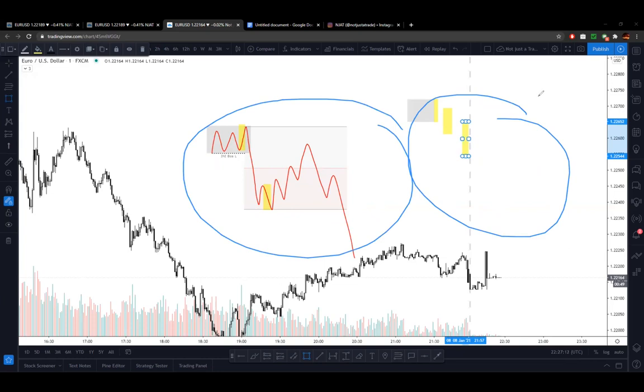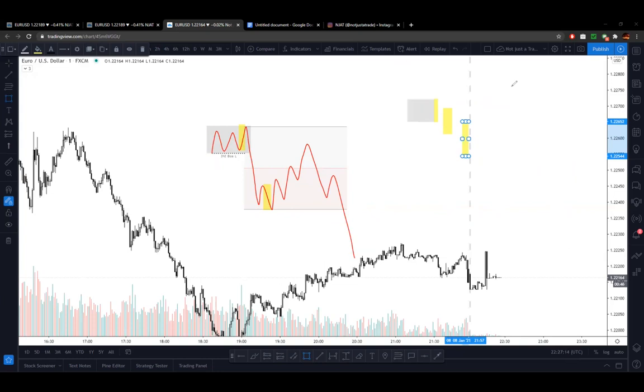Essentially, you're following this mitigation to mitigation, you're following that intention of lower prices. And it's how we found that we can continue to enter as price is moving away. And we're not necessarily having to wait, you know, until tomorrow for it to pull back up to, you know, a higher time frame POI. Yeah. This is why people are so focused on POI, because they see this price delivery but